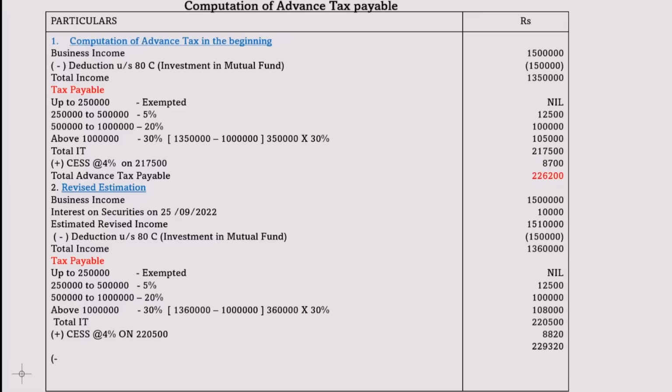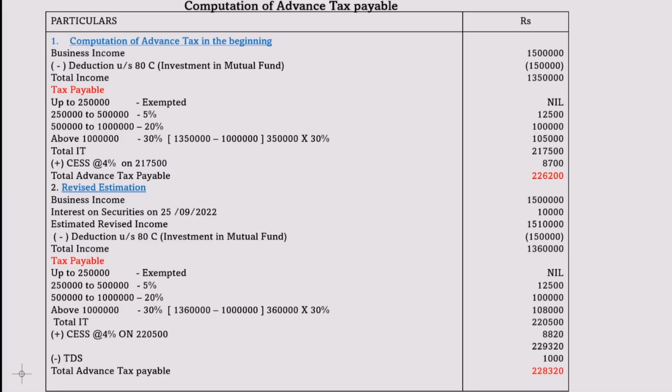That is, we have paid a TDS. Okay, so when we pay tax, we had already paid TDS. So that amount we have to deduct now. As per this calculation we have to pay 2,29,320. But when they gave us the interest, they had already deducted 1,000 TDS. So leaving that 1,000, we are paying the tax on the rest. So minus TDS 1,000 rupees. So 2,29,320 minus 1,000, the total advance tax payable is 2,28,320. So these two tax payable amounts you need to remember, because on this only we are going to pay